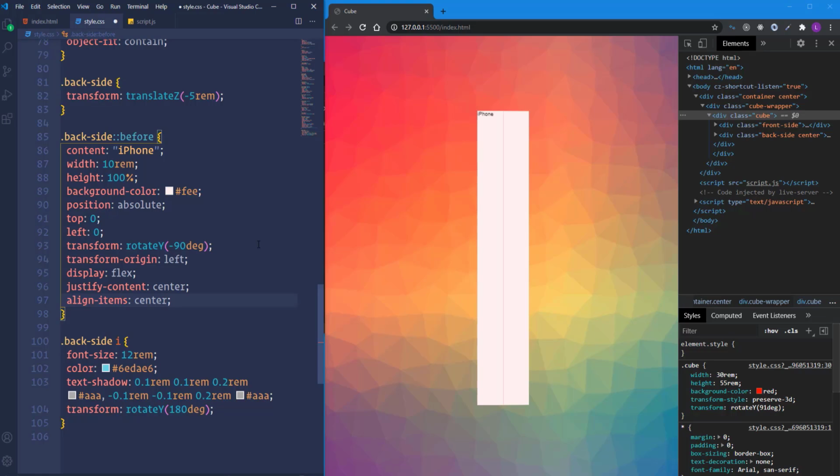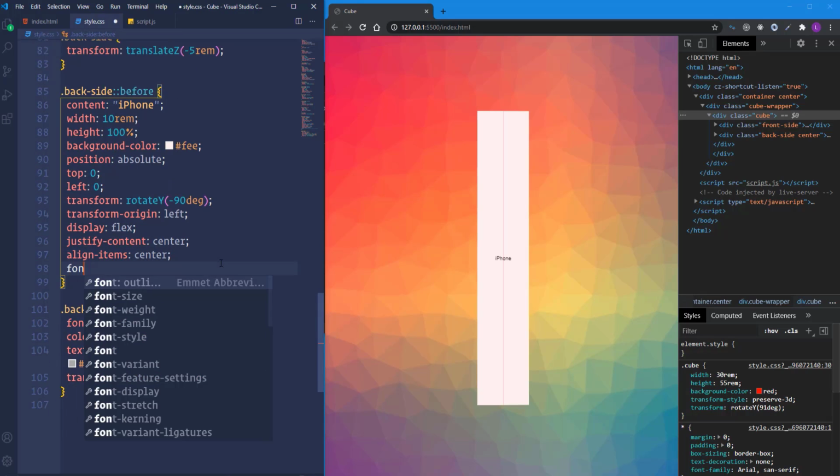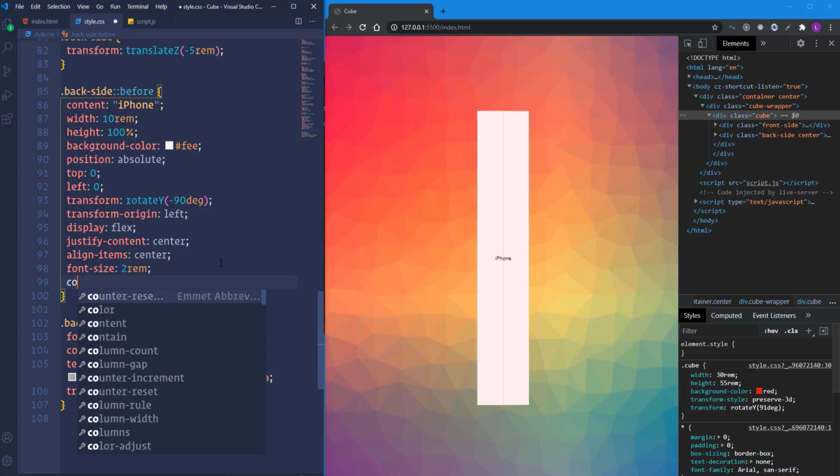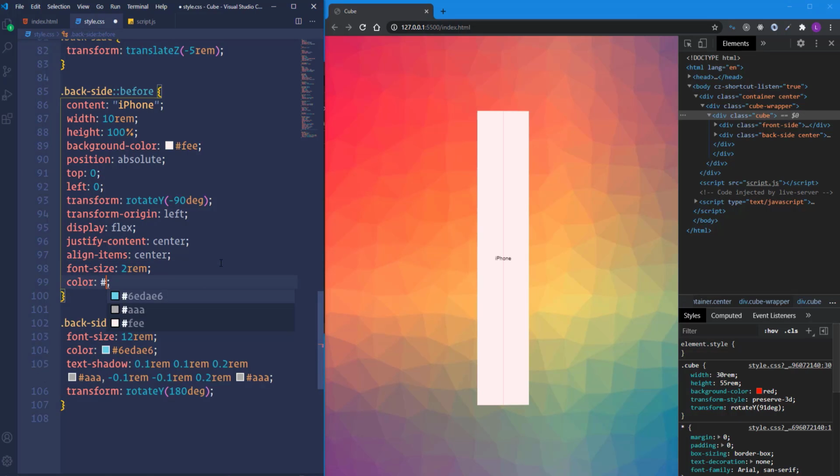So in case of the before pseudo element, we cannot use physically the class center. Next, I'm going to change the font size, make it 2 rem, and also set color to EC1919. Alright, that's it about the left side.